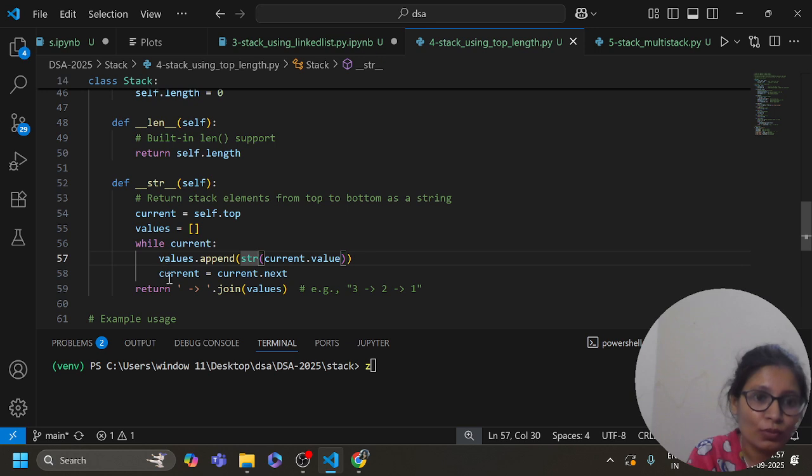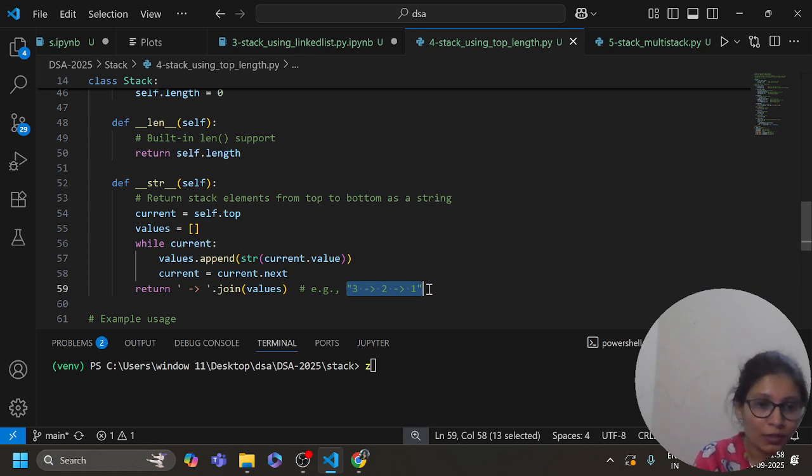Then current equals current.next, and return the joined values, for example 3 to 1. We append one by one, 1 2 3, then 3 to 1. I have already taught you this in a previous video, so please go and watch my previous playlist.